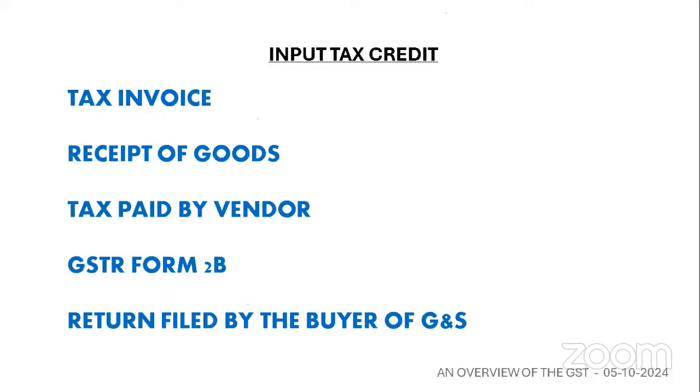Then to claim the ITC, the buyer has to file the monthly return. In the monthly return, he has to claim the taxes paid by you to the vendor. In turn, the vendor having deposited tax to the government will not automatically give you the credit. You have to claim the credit through your monthly return, which is filed in the form GSTR 3B. If you miss out to claim in your GSTR 3B, the credit is not available during that particular month. However, you can claim it in the next month by making an entry in the GSTR 3B.